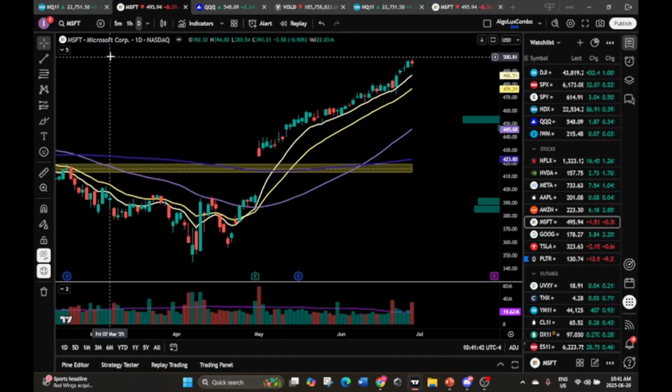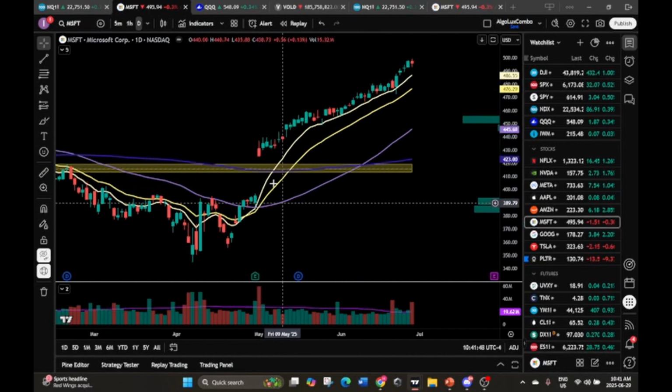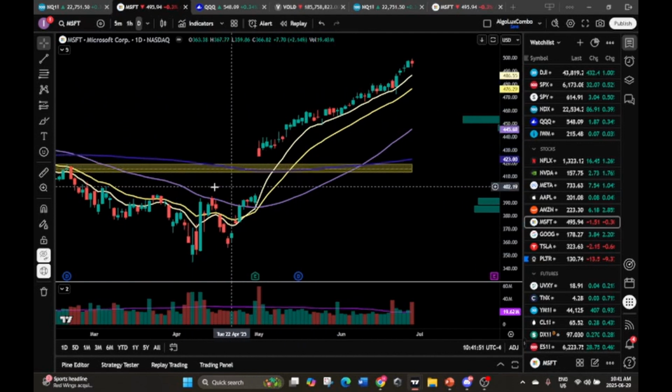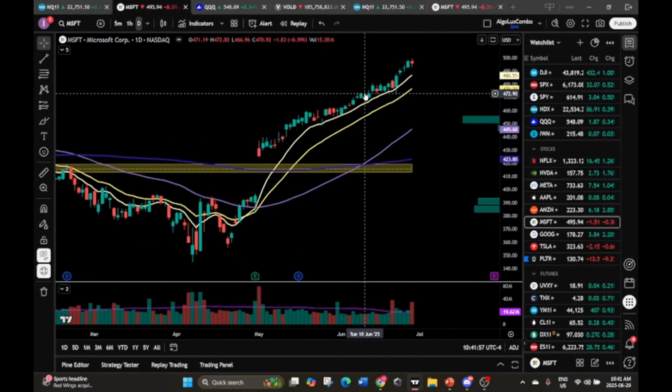So you can see here on Microsoft that we had a gap up on a strong fundamental reason, and it was being backed up with continuation accumulation, right? So this was a good gap and go situation, where we were also seeing the consolidation in price. We got a double bottom here, and then we got a breakaway gap here,